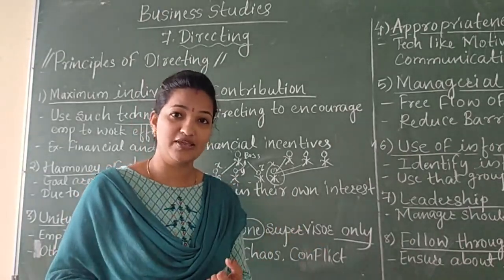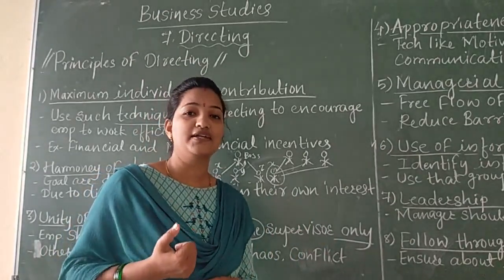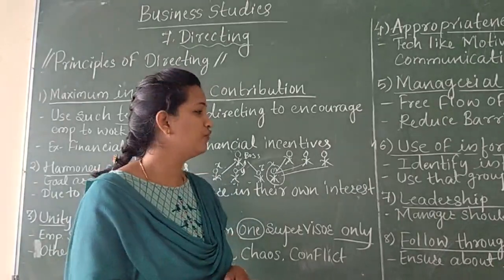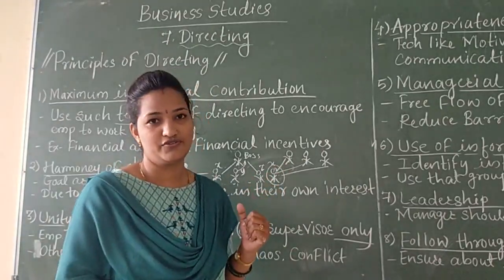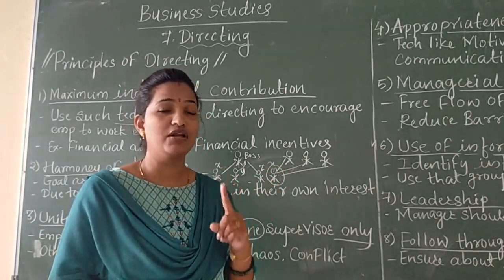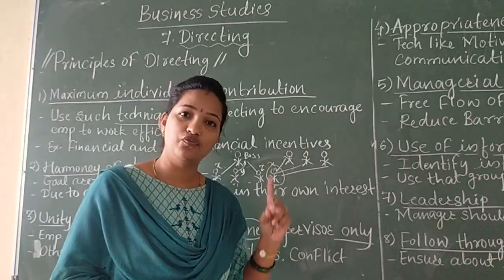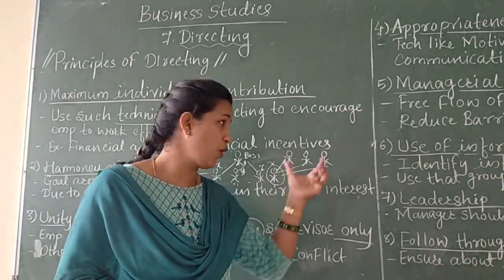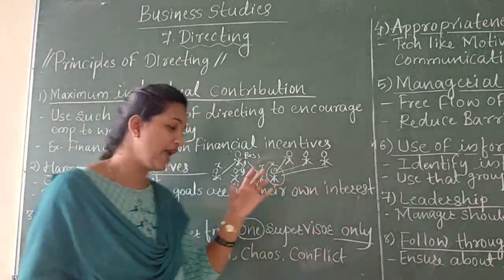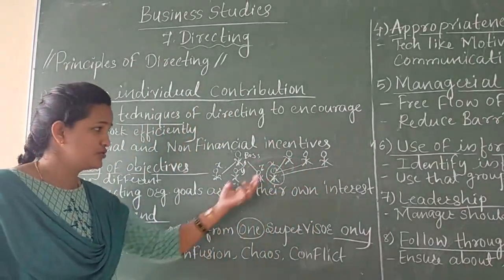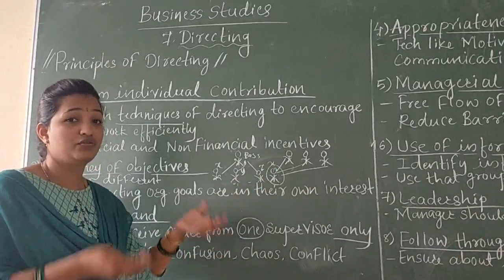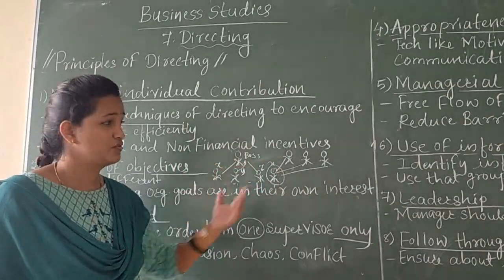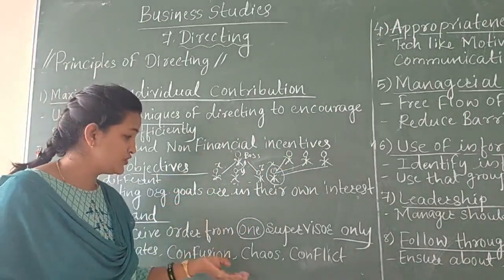Third teacher also doing the same thing. So instead of that, if one single boss is there, it is easy for the employee to follow instructions. Yes, if only one boss is there, it is easy for employees to follow the instruction. But if bosses are more, there may be confusion. So this person under the confusion thinks, whom should I listen to first? Should I listen to this boss or this boss or this boss?